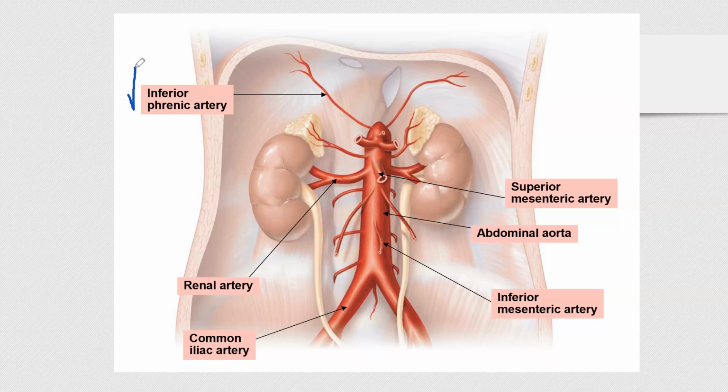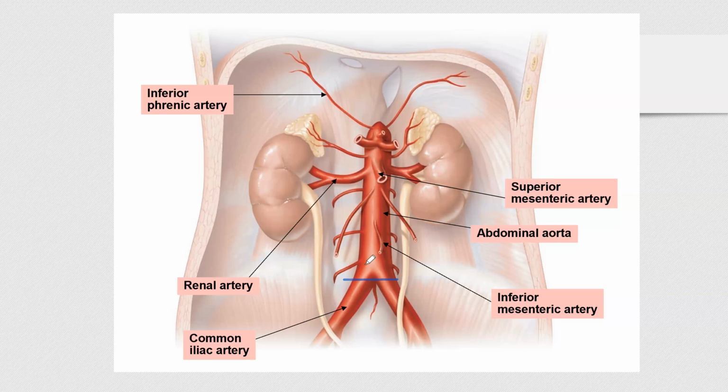So inferior phrenic artery, right, celiac trunk, as I already said, we already covered. We have renal. This one is, by the way, suprarenal. So we have a superior mesenteric, inferior mesenteric. And